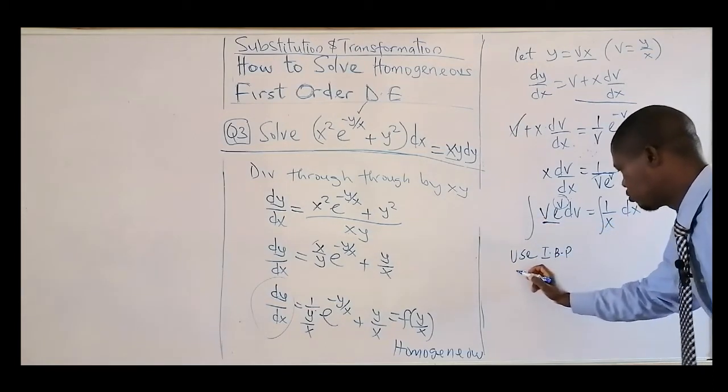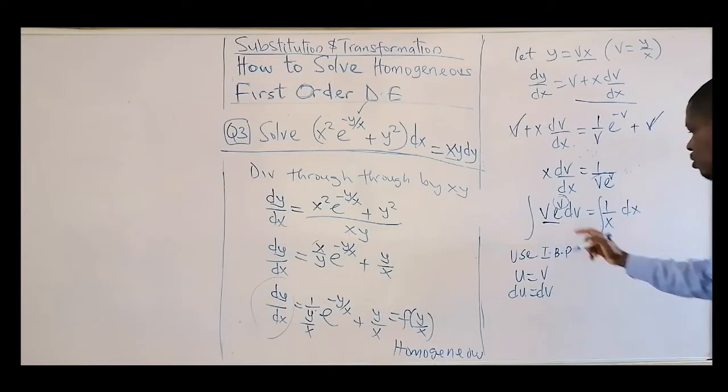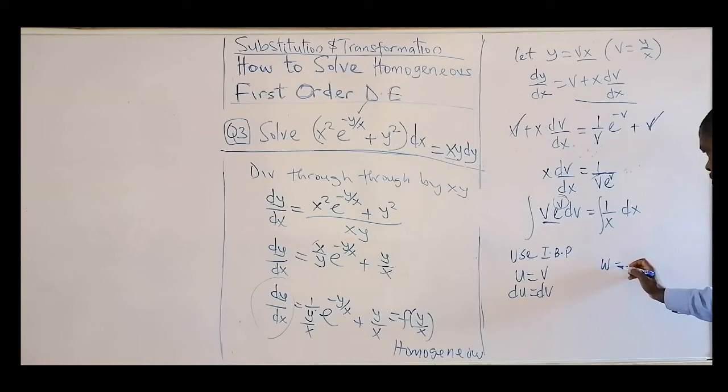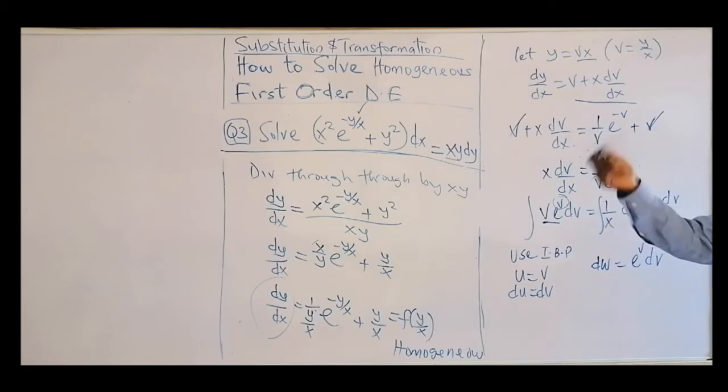So I'm going to call the first one u is equal to v. So the u is equal to what? The v. The second one, I'm going to call it w, because normally I should have called it dv, but it's going to create a confusion because the function is in v. So I have to change it to w, where dw is equal to e^v dv. Okay. So I hope you get what I mean. For the normal integration by parts in the previous video, we've been using uv equal to what? Integral of v du. If you remember, if you watched the video.